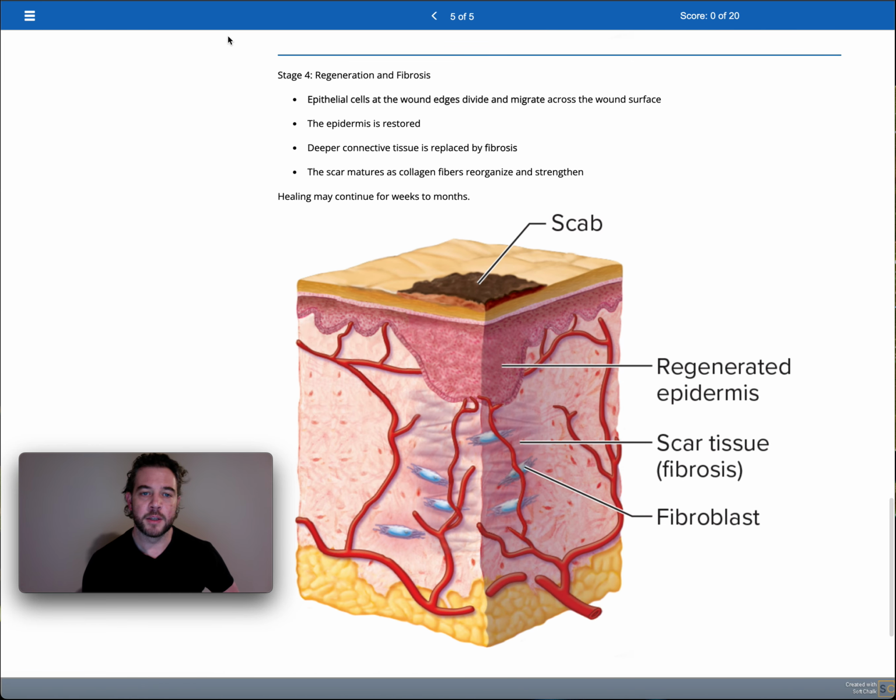The last step is regeneration and fibrosis. This is where you determine, okay, is this going to be full regeneration or is it just going to be a fibrosis healing? With fibrosis, that scar tissue stays what it is. It stays as collagen, non-functional tissue and doesn't get replaced with anything. If we have regeneration happening, the epithelial cells are going to keep migrating and dividing, filling in those spaces. The dermal cells will start to differentiate and become their structures again, and you get this renewed